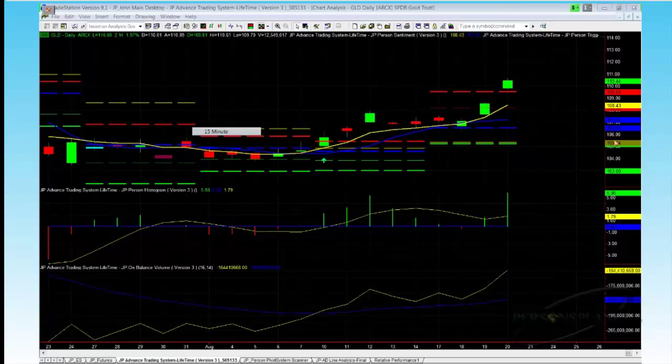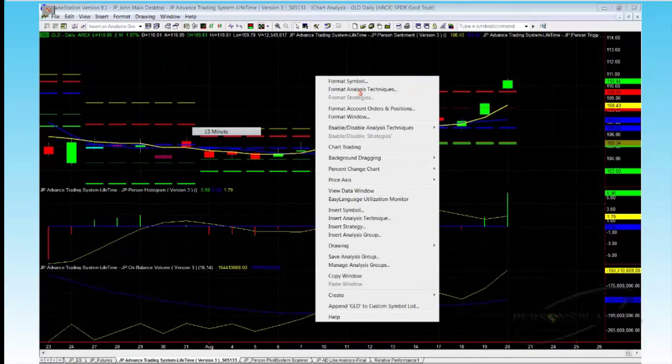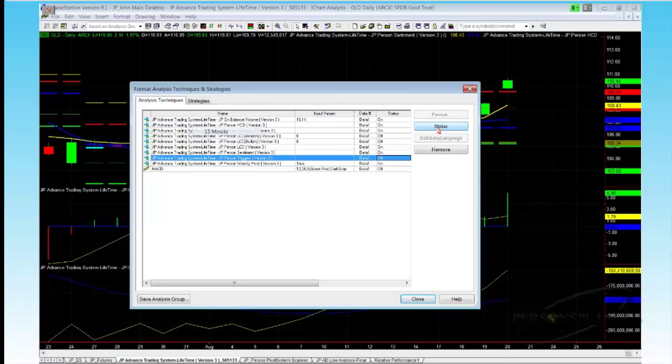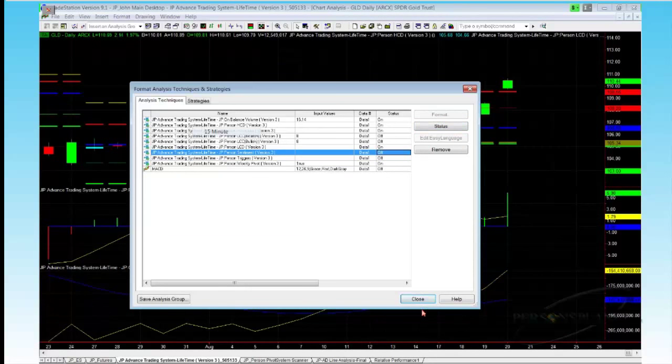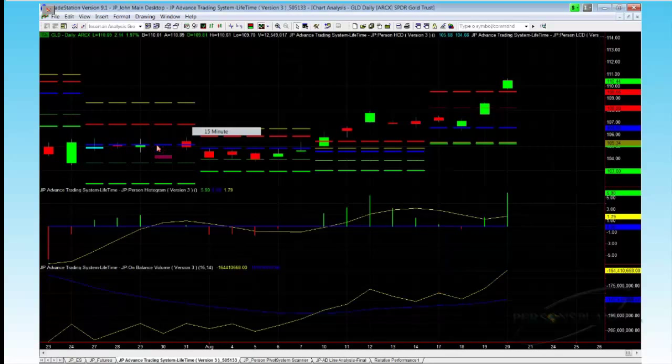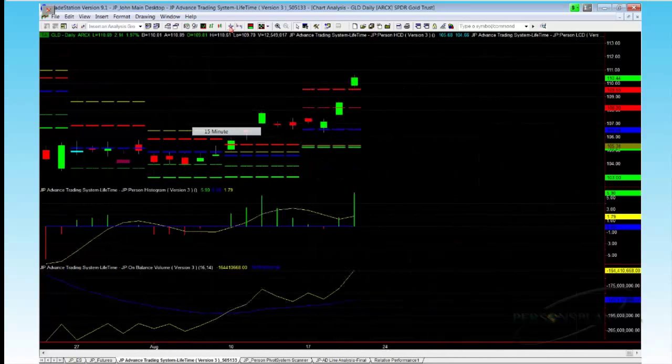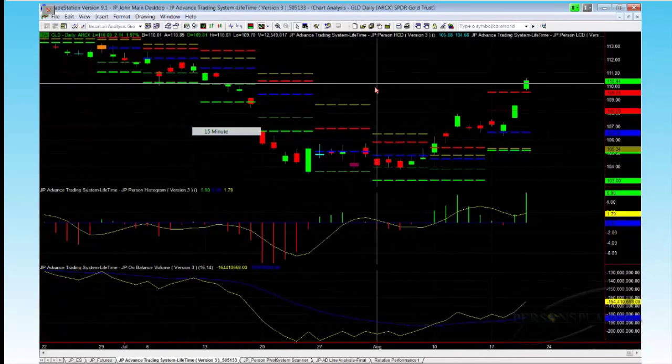Now, if you are identifying 2 things, let me turn this off real quick. Format analysis technique. Let me turn off the status. We're going to turn off the triggers, and we're going to turn off the sentiment. And now all we're left with is just the candles and the weekly pivots. As you can see, there are no triggers, there are no moving averages, it's just the candles and the